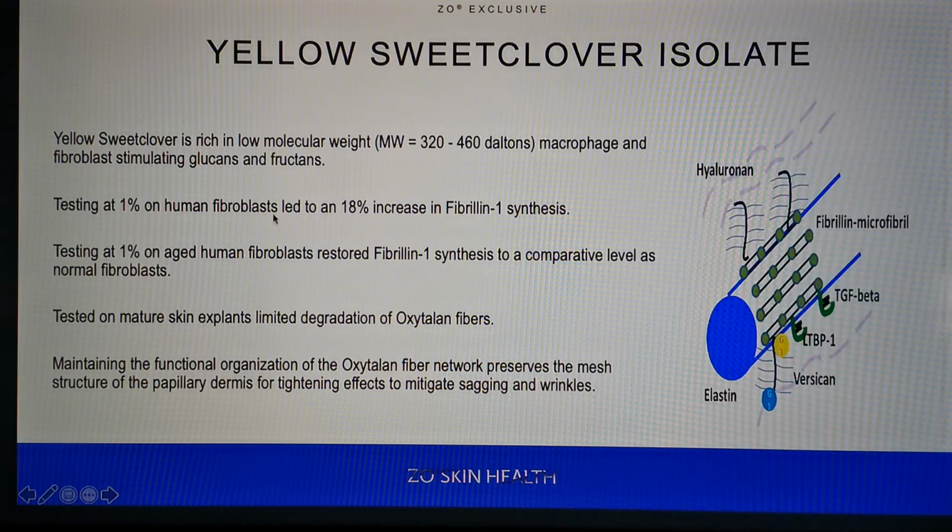So what we have now is an isolate that, because of the soil content, as they believe, is particularly rich in very low molecular weight components, 320 to 460 Daltons, Daltons being the measure of molecular weights in chemistry, no different than we're measured in our weight as humans in pounds or kilos. And the technology being that small, and it was a similar situation with sodium DNA, to digress for a minute, will readily penetrate into the skin. They have stimulating glucans and fructans, which are those low molecular weight bioactive constituents that come through this isolate that can readily biodeliver deeper into the skin to the DEJ to induce more